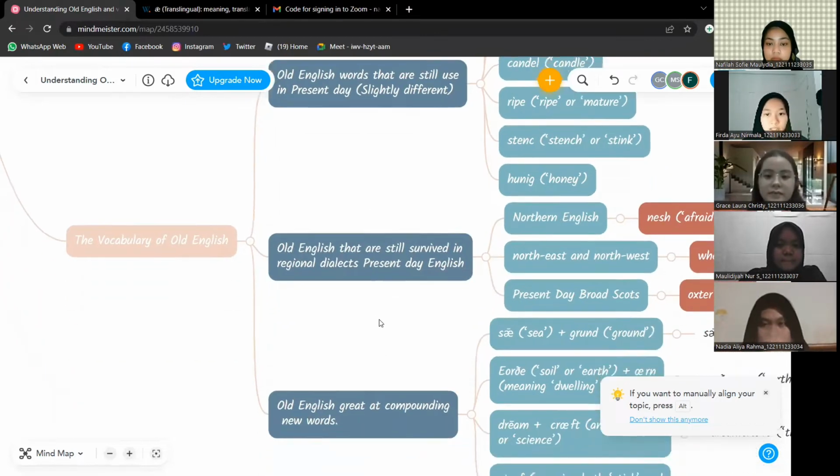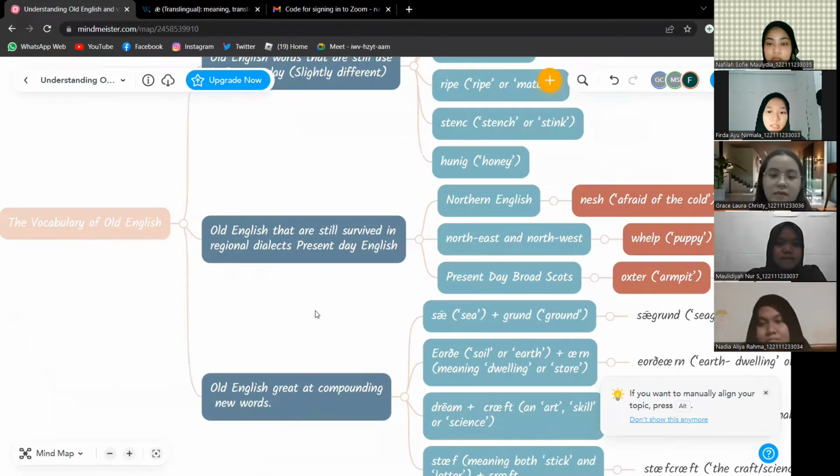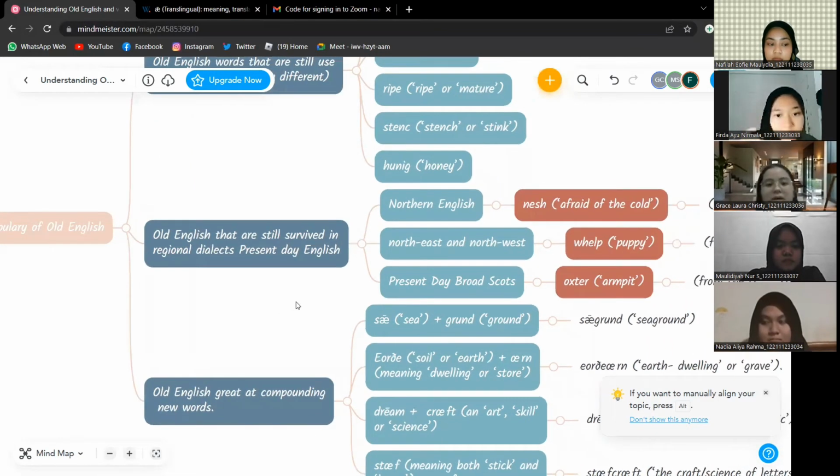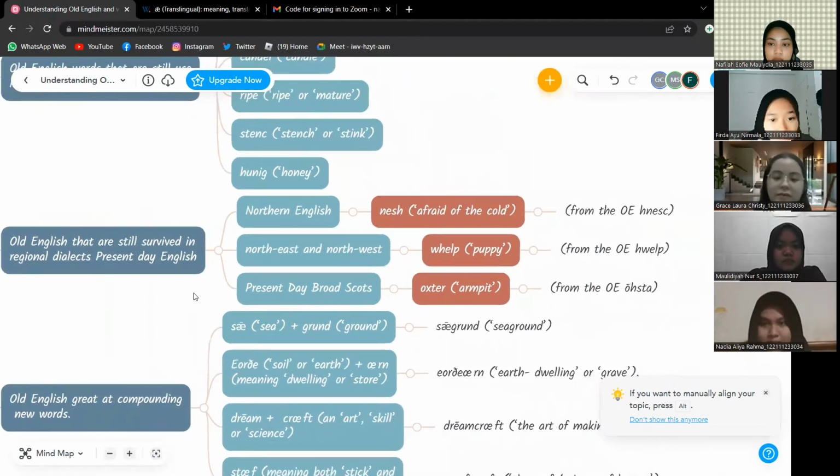And then some Old English words that are still used only in regional dialects of present day English are nash, which means afraid of the cold. It came from Northern English. This word came from the Old English nash,